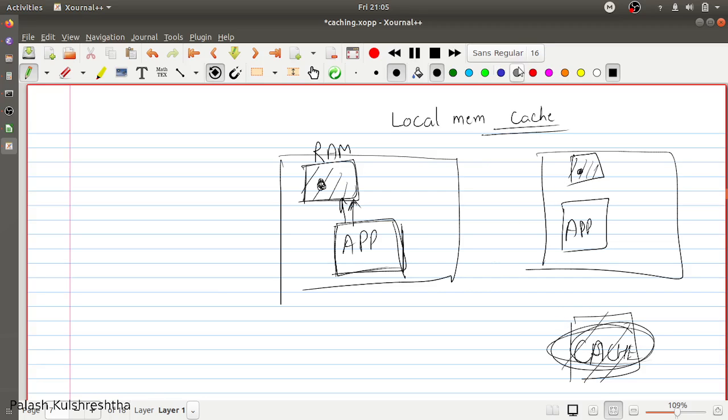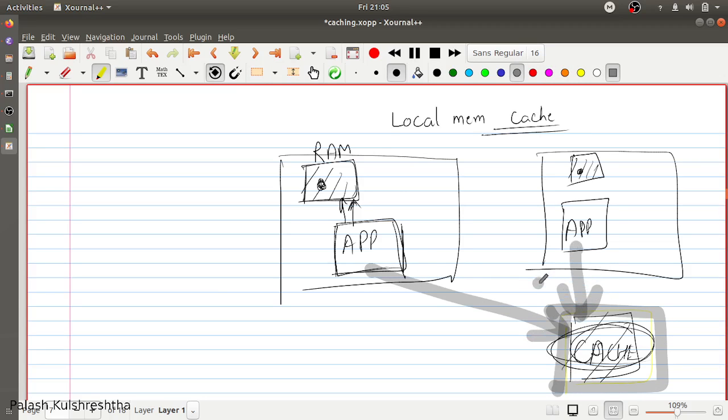In this scenario, if you have an external cache like this, it is going to be accessed uniformly by all the instances. It is going to save here and it is also going to access and save here. So it is going to give uniform access and performance across multiple instances. But there are some advantages of having an in-memory cache, because you don't need extra hardware for it.